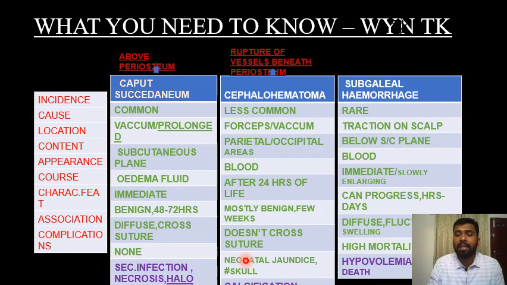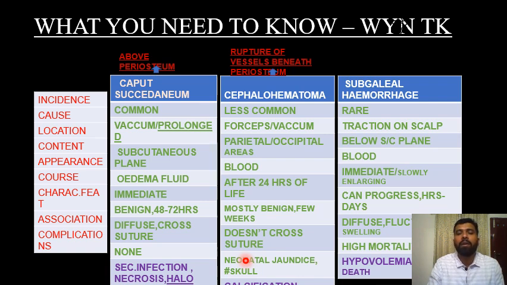Next is subgaleal hemorrhage, which is a rather important upcoming topic which you should be aware about. It is a rare condition. It happens due to excessive traction on the scalp. It occurs below the subcutaneous plane. Content is blood without a doubt, and it happens immediately after delivery, or it can slowly enlarge, and it can progress over a period of days or hours, and it is a diffuse fluctuant swelling